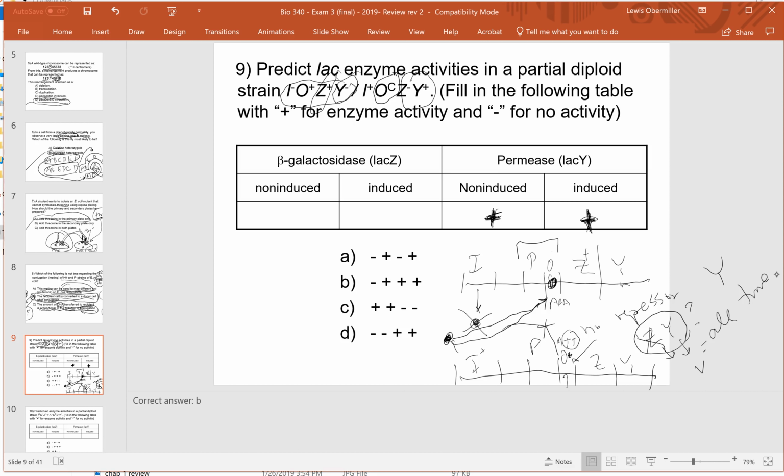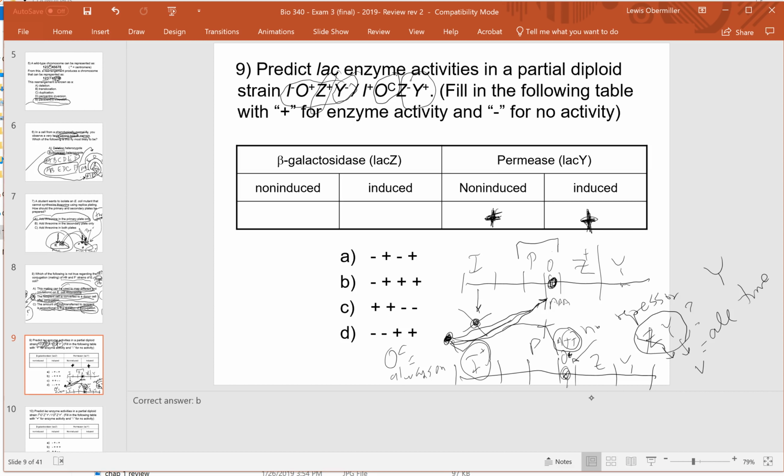Because this is broken, so there's no repression. It's got a mutation in the operator. So OC means it's always on. Okay. So this one, this